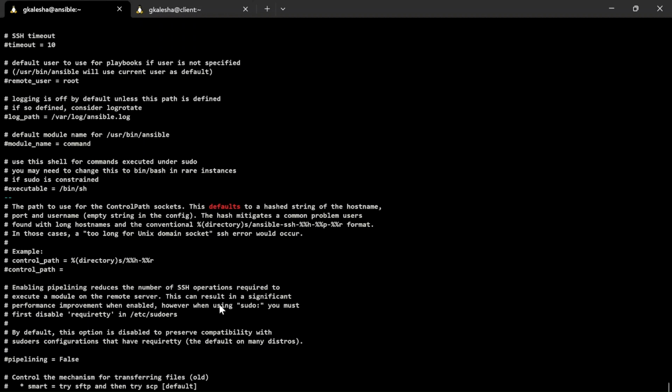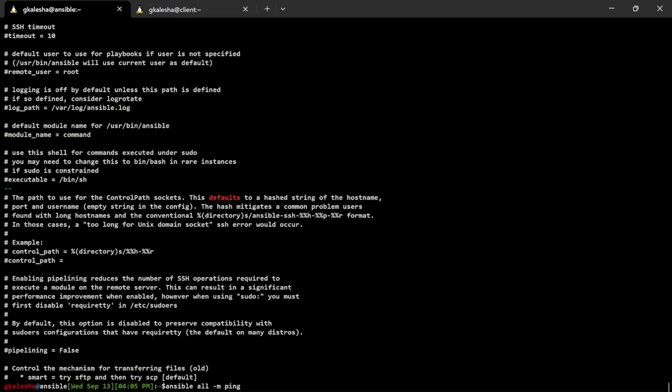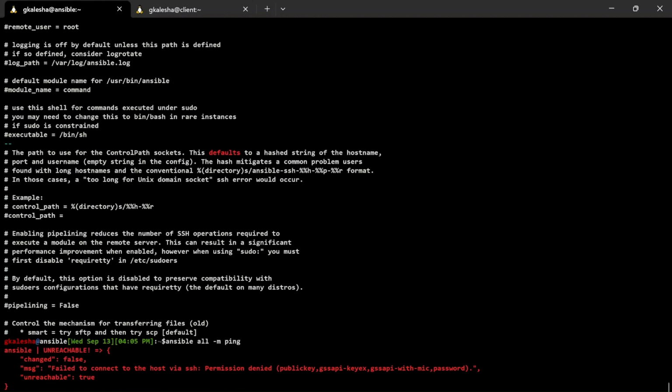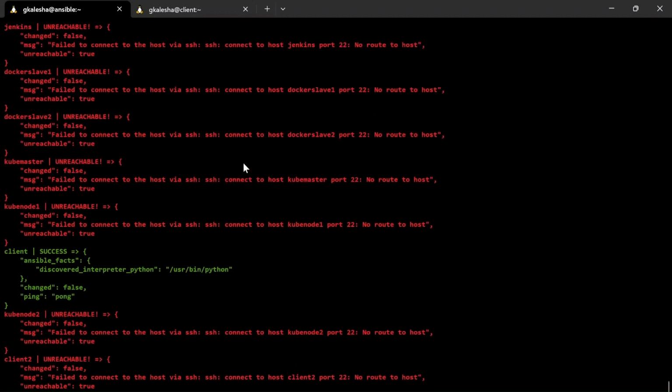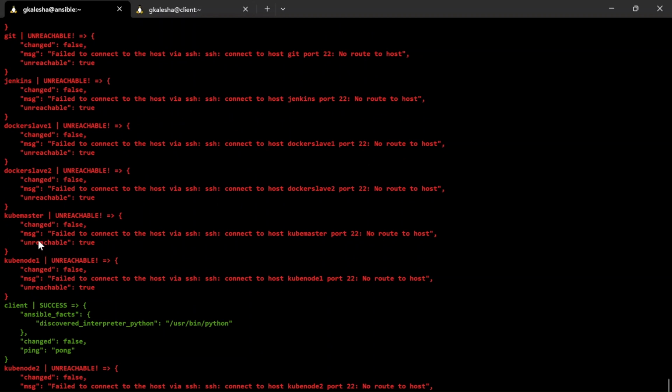Ansible configuration. So before ending this session, let me run one of the Ansible ad hoc commands, where ping is used. I am going to use this ansible all -m ping. All in the sense it will try to reach all the servers, and it will try to ping those servers, whichever I have mentioned in the inventory file. As you see, it tries to connect to, so no route to the host, which host it is, kube master, and docker slave 1 Jenkins, and then kube node 1,